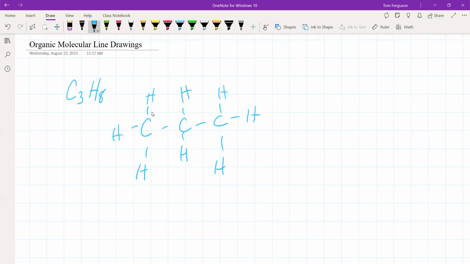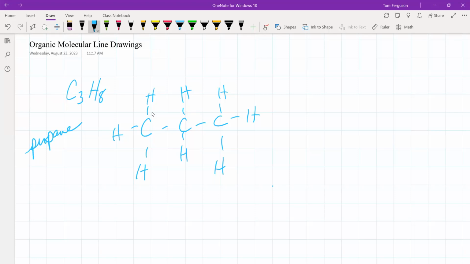Organic chemists, except for the first 15 minutes of day one of the STEM organic class, which is a whole year course, won't spend much time with this kind of a structure. They'll immediately go to the line structure. Now, the line structure is a very shorthand way of representing that this is propane. So what they do is we have lines, and the lines represent carbon atoms at the beginning of the line,